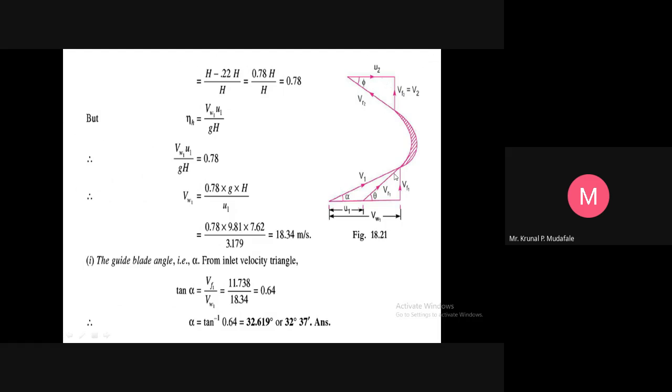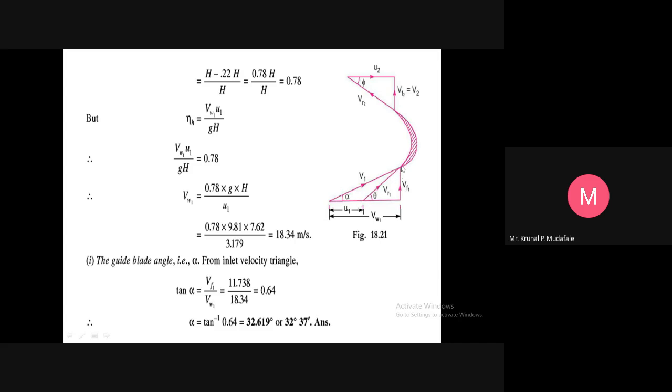So first of all, we have to draw the velocity triangles of the reaction turbine. As we know from the previous lecture, the same diagram is constant for both turbines, the Francis turbine and the Pelton turbine. We have to remember that at the inlet triangle, v1 is the absolute velocity making an angle, the guide blade angle alpha, then the velocity of the blade is u1, and after this the points will be joined, that is called the